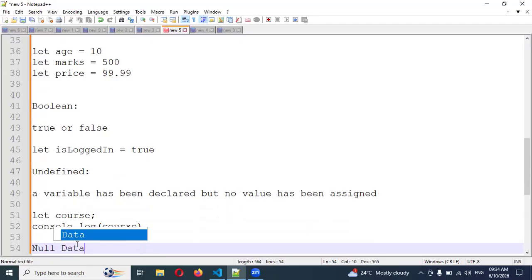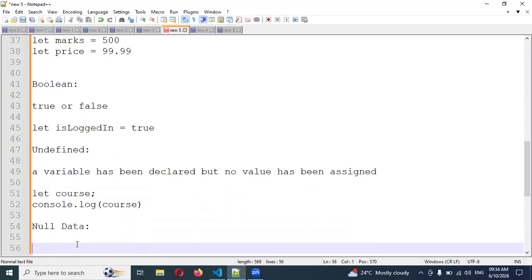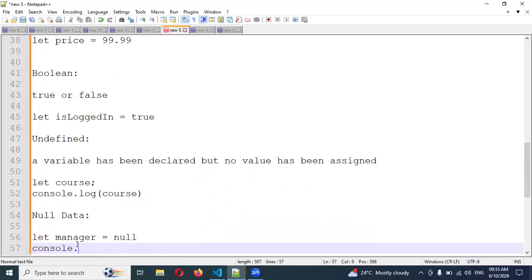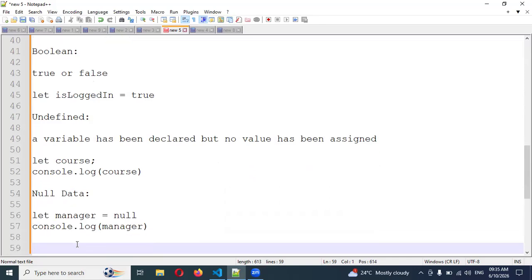null data type. Okay, the null data type means intentionally empty. It's completely empty kind of thing. The simplest way to see it is with an example like a manager. Now you will get null. When you see null, by default you can say it means no value defined, or empty value. Okay, next